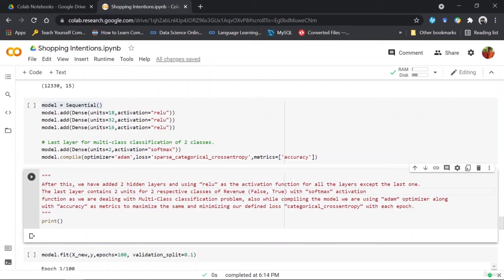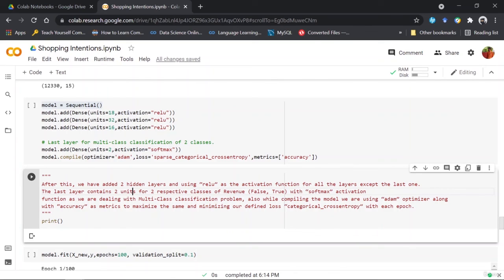Also, while compiling the model, we are using Adam optimizer along with accuracy as metric to maximize the same and minimize our defined loss, that is categorical or sparse categorical cross entropy with each epoch. Now, let me just define one thing, that categorical cross entropy is used mostly when there are more than two classes that are to be predicted.